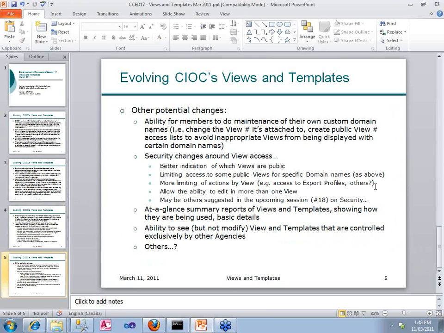accidentally make views public. And once a view is public, it gets indexed by search engines. It gets found almost inevitably. And once it gets found, there's really no way to unfind it. It's pretty much permanently out there. So